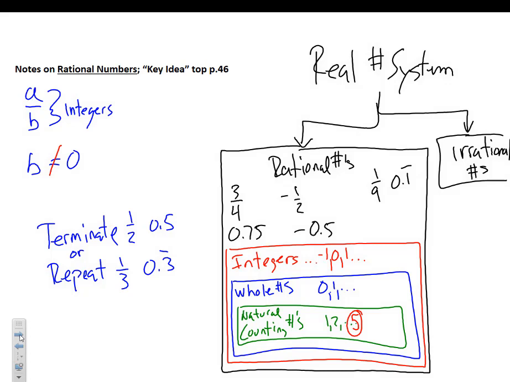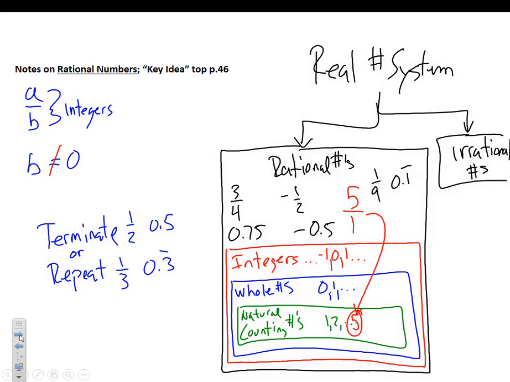Well, that's easy, ladies and gentlemen. You write it as an improper fraction with a 1 in the b spot. And then, of course, if I were then to turn that into a decimal, well, that would become 5.0. Now, I wouldn't write it up here. I write it down here because it actually fits into the natural counting number category. Make sense? All right. Copy all that down and then move to the next slide and join me for our